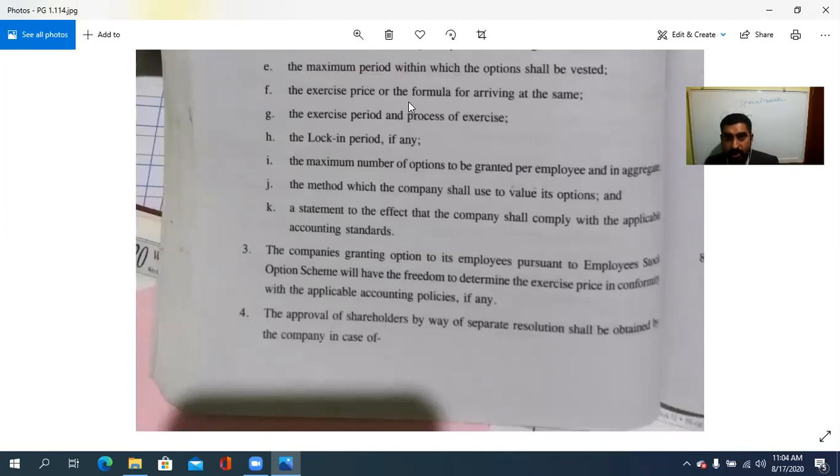The exercise price or the formula for arriving at the same, അതായത് ഏത് കൺസെഷണൽ പ്രൈസിലാണ് ഇവർക്ക് ഇത് കൊടുക്കാൻ ഉദ്ദേശിക്കുന്നത്. Then the exercise period and the process of exercise, ഈ കൺസെഷണൽ റേറ്റ് എങ്ങനെ കണ്ടുപിടിച്ചു, അതുപോലെ എത്ര നാളത്തേക്കാണ് ഈ കൺസെഷണൽ റേറ്റ്. Then the lock-in period and also the maximum number of options to be granted per employee and in aggregate, and the method which the company shall use to value its options, and a statement to the effect that